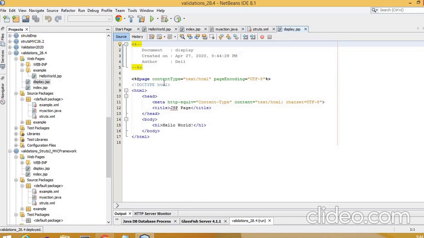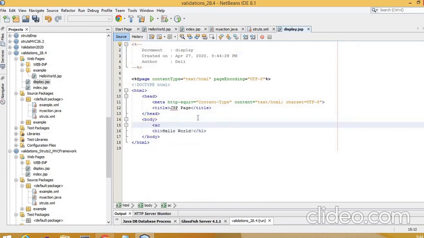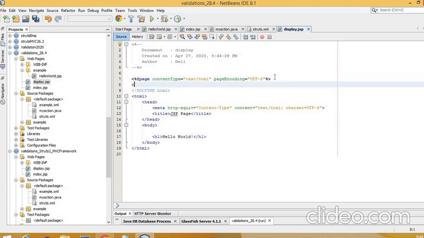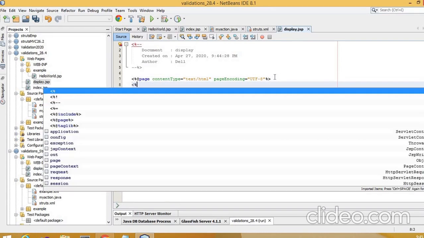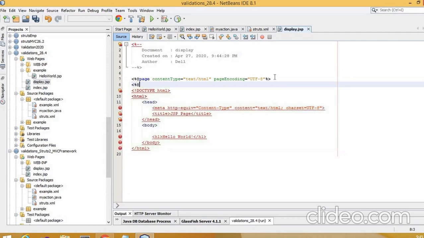So after this, what are the things which are needed in display.jsp? Here, we will just import those struts tag libraries.